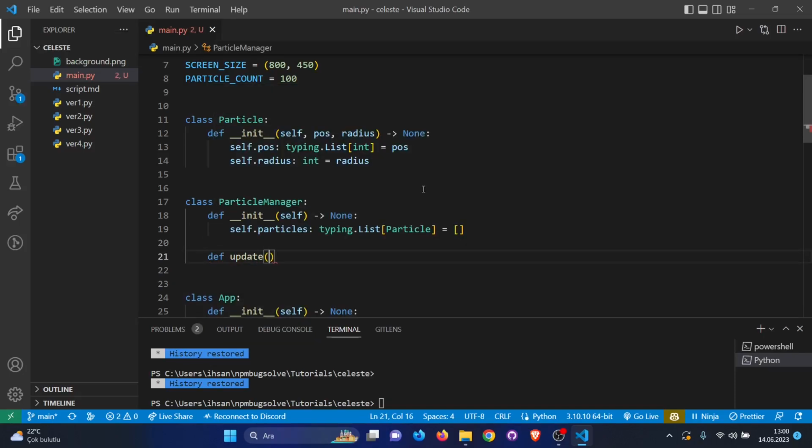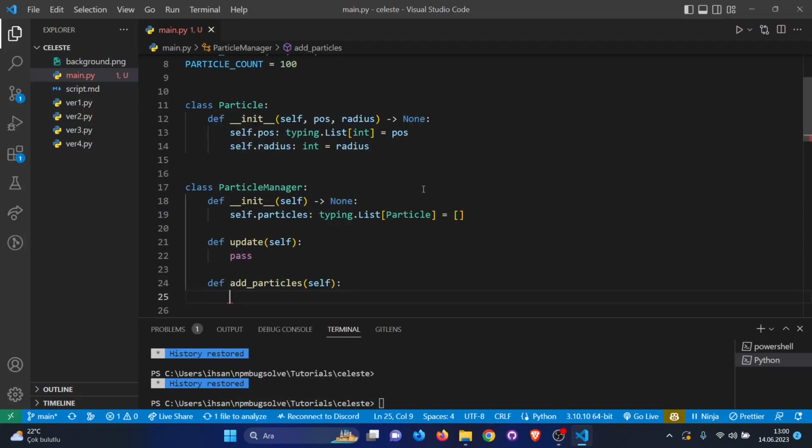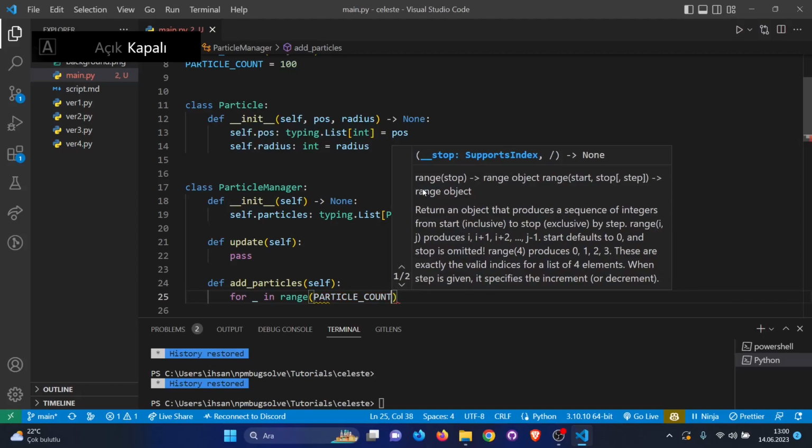Let's also give it an update method. It won't do anything right now. Let's also add another function for adding particles. For _ in range particle count,